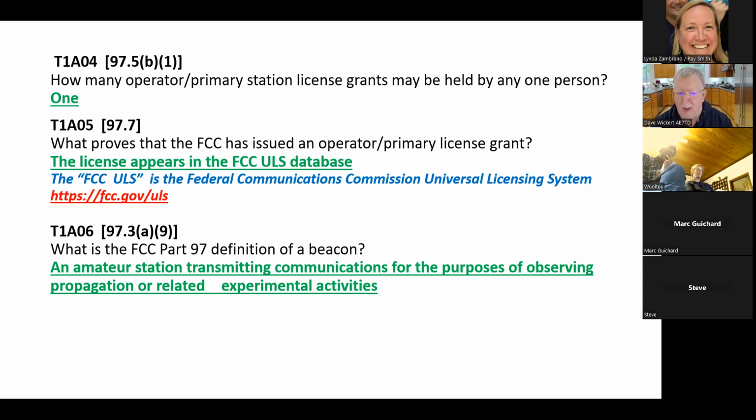So normally in amateur radio communications, you have to have two-way communications. You're talking to somebody and somebody is talking to you. You're not allowed to have one-way communications. By its very nature, a beacon is one-way communication. And so the only type of one-way communication that you can have with an amateur radio license is a beacon. Other than that, you must be having a two-way conversation with another radio amateur.